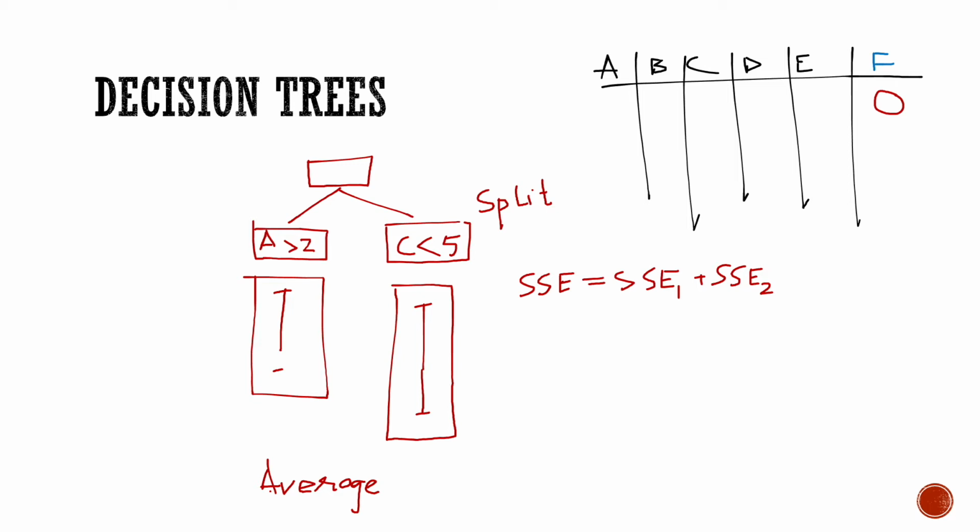So this is what is a decision tree. Now in a decision tree, we do not stop here. What we do is, supposing we have made this split and we find that if we make a further split, then the SSE is reducing further, so we can make further splits. So we can keep on splitting, and this is a recursive process